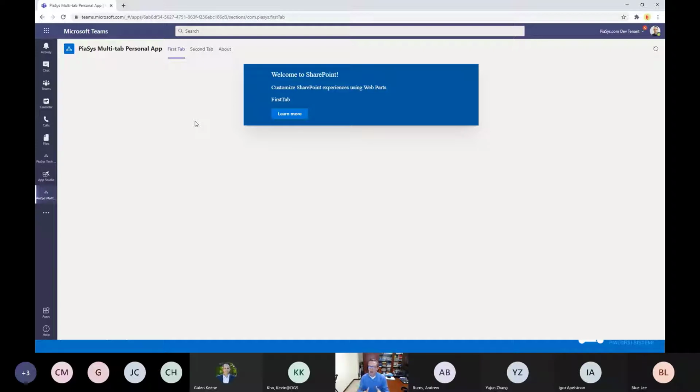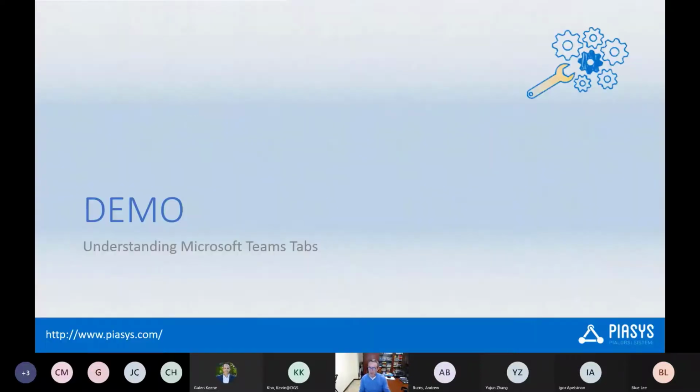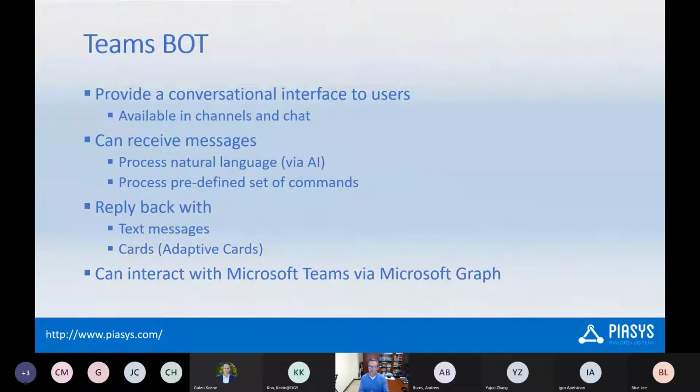So this is just to give an idea of what you can do when we talk about Teams tabs from a developer point of view. But Teams tabs are just one part of the story. We can also create Teams bots when we talk about extending Microsoft Teams. And while a Teams bot is something which is really useful when we want to extend Teams providing a conversational interface to users. So we can use a Teams bot in channels and chat,